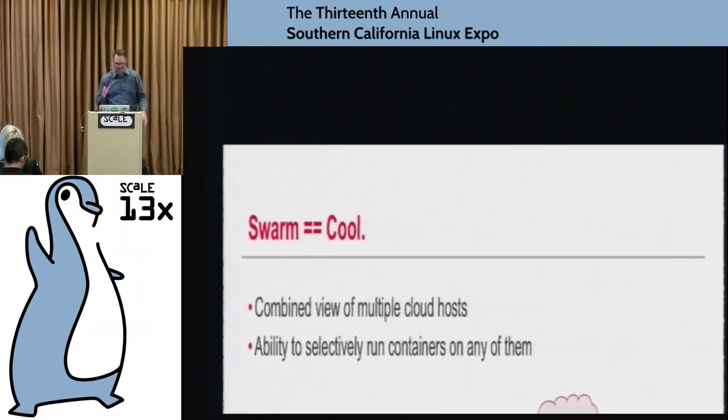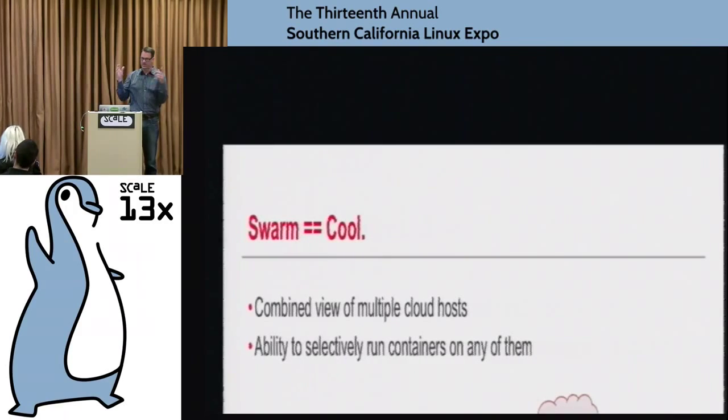Now, that all makes sense in the concept of a single cloud. But Swarm is a little bit cooler than that because it has multiple cloud backends. So I can have a cluster of Docker machines running in cloud number 1, another cluster of Docker machines running in cloud number 2, and I can address them